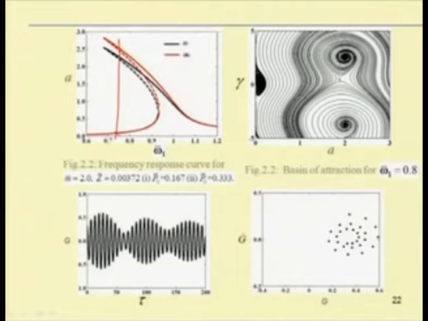The saddle node corresponds to the unstable response of the system. So, this is the unstable response of the system, and one can have a stable response also. Near 0, this point corresponds to the stable branch, and this point corresponds to the unstable branch.